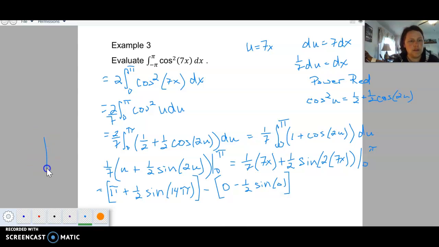Okay, on our unit circle this time, we are looking at sine, which is our y values on our unit circle. So pi is going to stay there. We'll still have the pi, but sine of 14 pi, again, is going to be